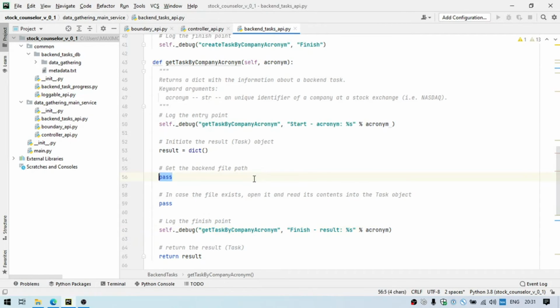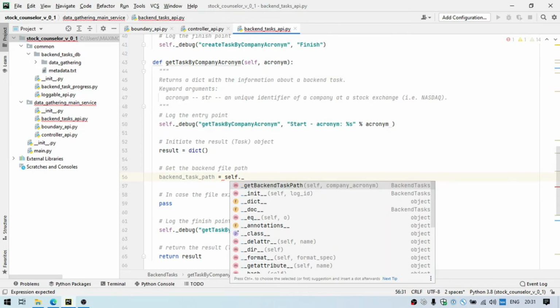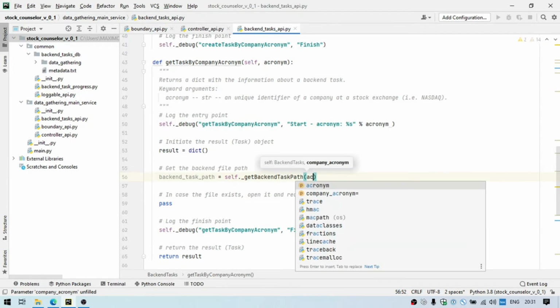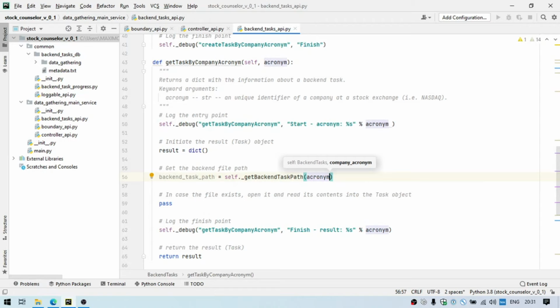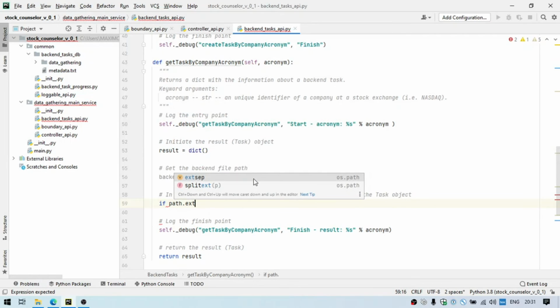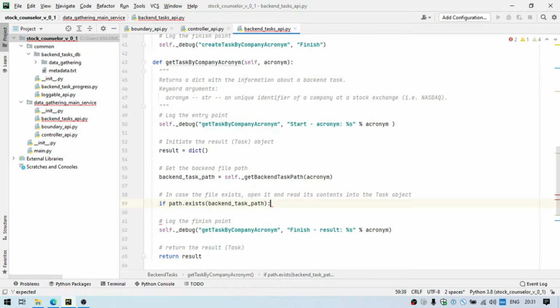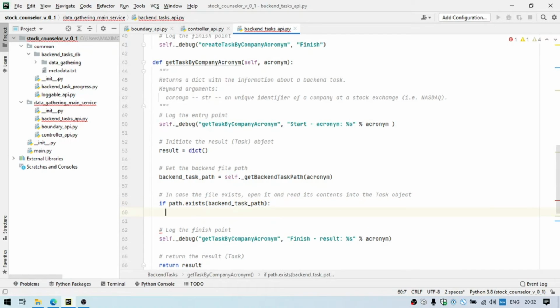Well, we need another variable, the backend task path variable, and we will get its value with the help of our getBackendTaskPath method, which expects to receive the company acronym argument. Once we have the file location, we will see if it exists. If path exists and we send the file location, if it exists, we would like to open it